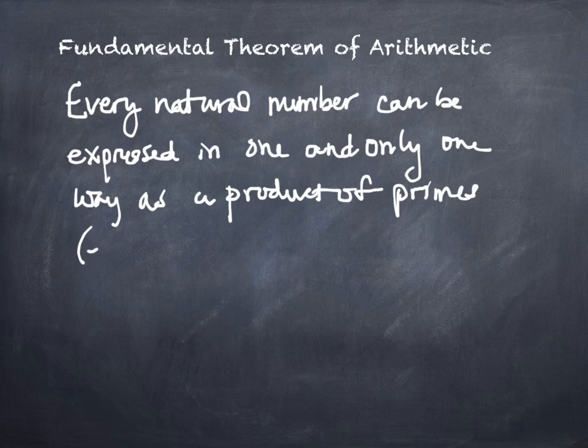And that is excluding the order. In other words, if you have 2 times 3 and 3 times 2, we don't say that's being expressed differently. The unique product of primes